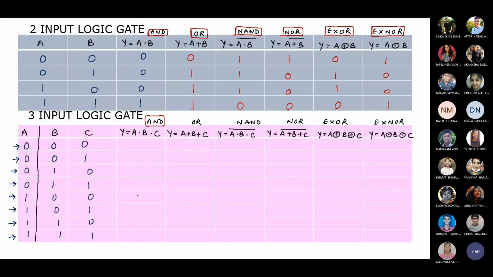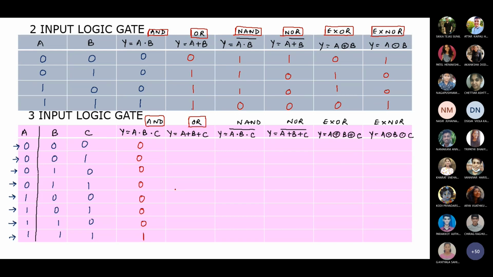Now coming up to AND logic, the logic applied will be the same. What is AND gate? When all the inputs are high, output will be high. So only for the last state, 1 1 1, output is 1. Otherwise, when any one of the input is low, output will be 0. Is this clear? Are you getting it? Yes.